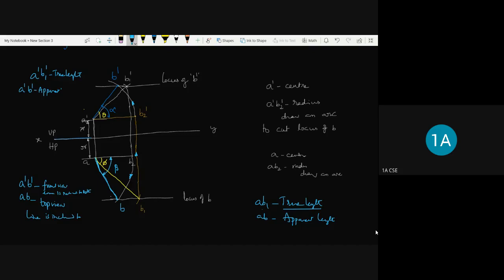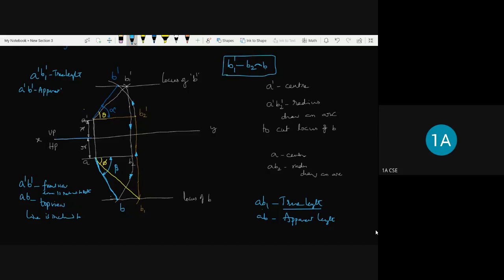Similarly, from B1 dash we have gone downward, right? The projection line arrows should be shown here. So it is B1 dash to B2, then from B2 to B. From B1 dash to B2 we have drawn a straight projection line, then from B2 to B it is an arc. So this is how we move the point from B1 dash to B.